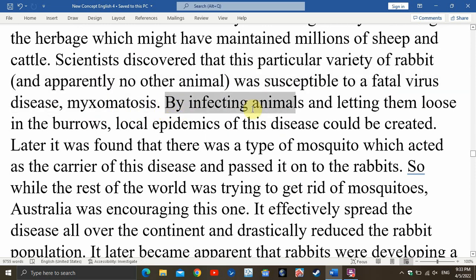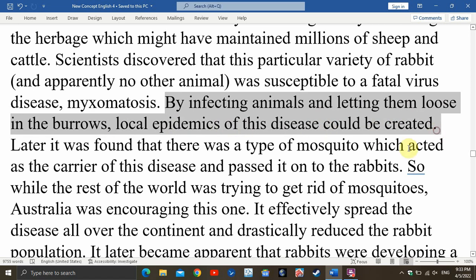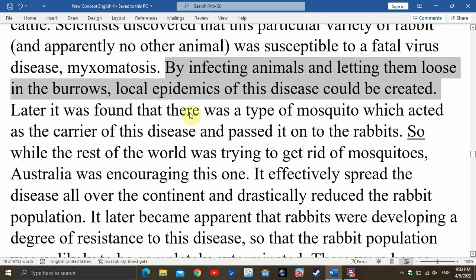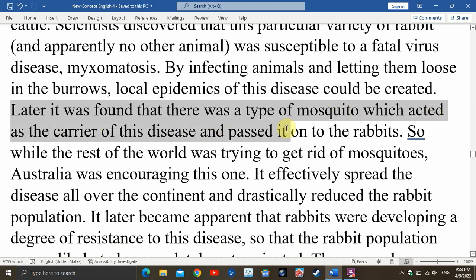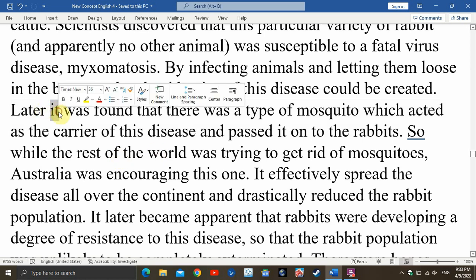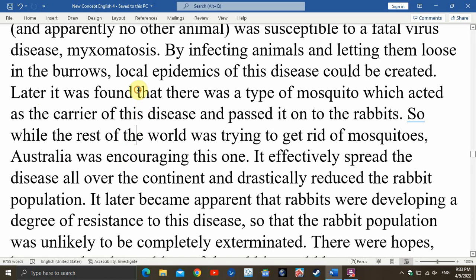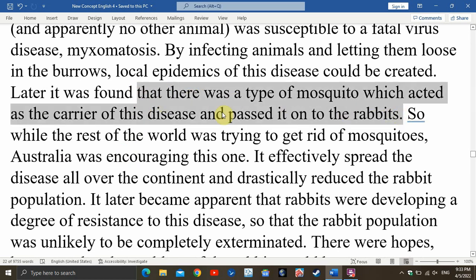myxomatosis，那么后面 by infecting animals and letting them loose in the burrows, local epidemics of this disease could be created，这个是一句简单句。Later, it was found that there was a type of mosquito which acted as the carrier of disease and passed it on to the rabbits. 好。那么这一句首先一个这个 it，这个 it 是一个形式主语，那么真正的主语是后面这个 that 分句，这个 that 从句是真正的主语，that 什么什么 was found，那么这个 that 从句，那么我们再看这个里面，那